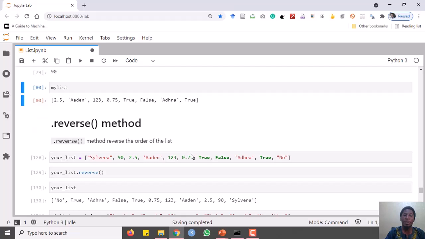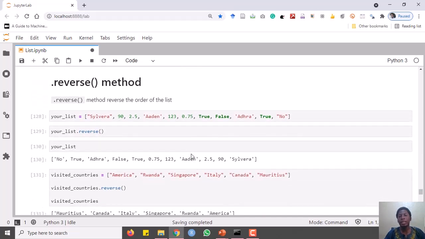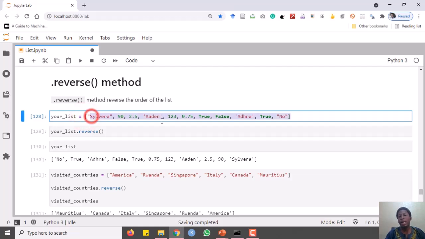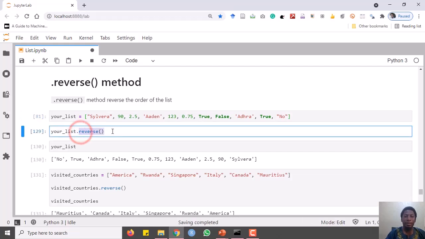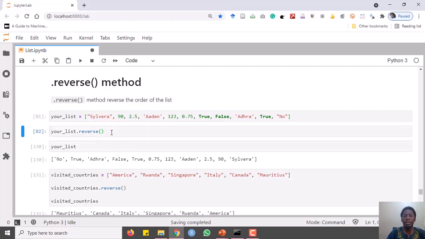There is another method called reverse. What reverse does is reverse the order of a list. Let's say I have this list called your list, and I have these elements inside it. If I run this and say dot reverse, please always include the parentheses. If I say dot reverse, you will note that nothing appears. But if I call my list again,